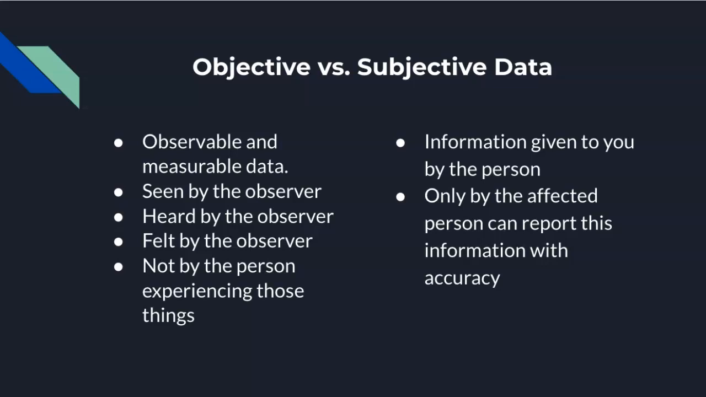Also known as the signs. That is opposed to subjective data, which is data given to you by the subject. So the subject being the patient, the person, the client that you are assessing. So the person affected can report it, and it is information given only by the person. In some circumstances, such as if you're taking care of a child or somebody that's incapable of communicating, other people